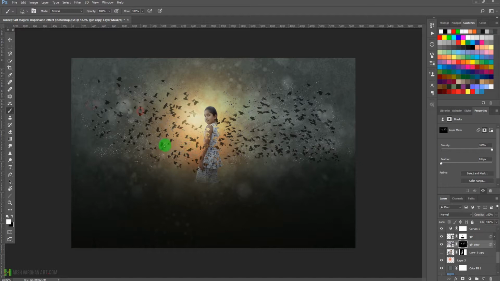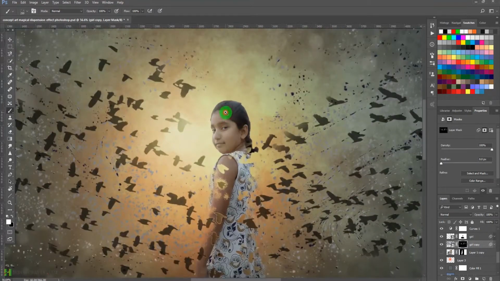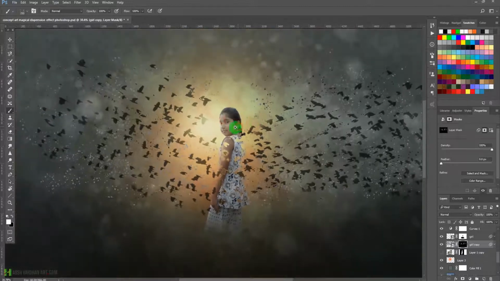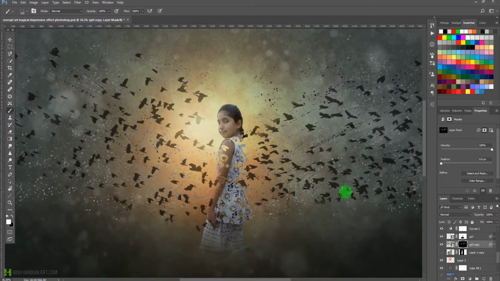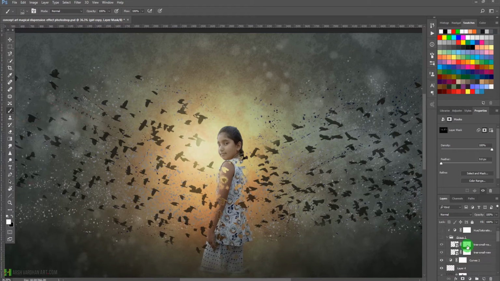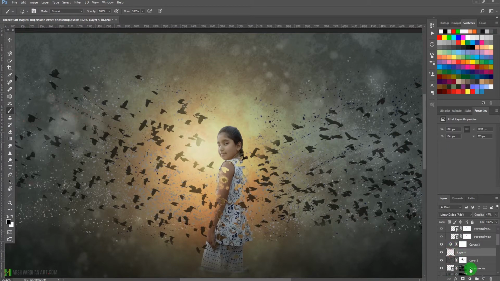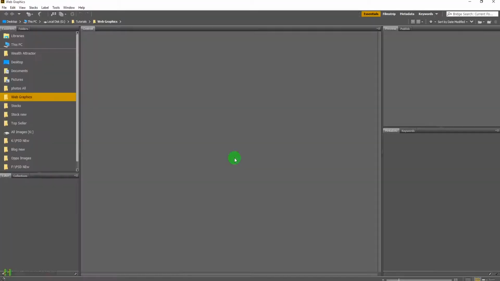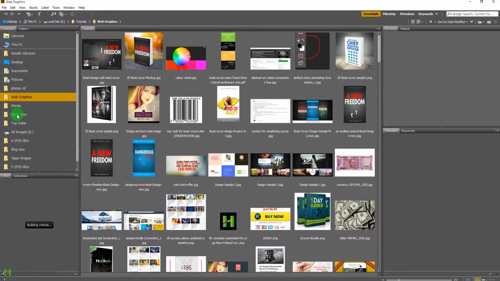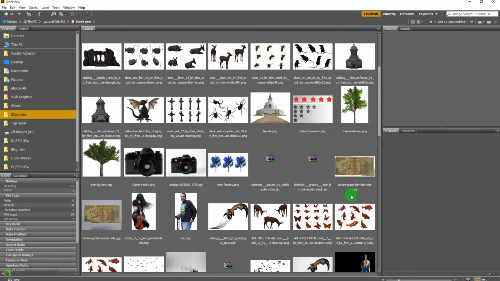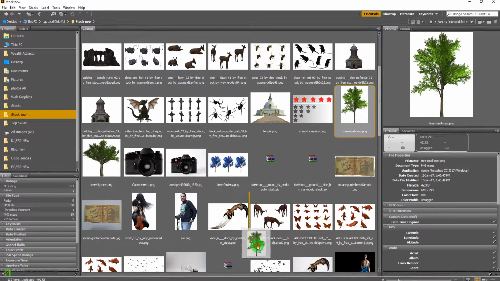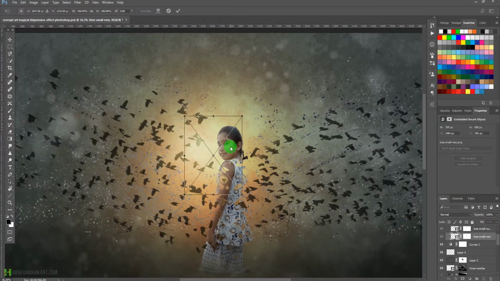Okay, and now you can see that this one is looking much better, and now we are going to add something on her head, so that she looks a little abstract. Okay, so for that purpose I will be coming on the top, and I will bring the tree layers, or some 3D trees which I have created in Photoshop. So these are the trees. So this is the tree. I'm clicking and dragging it over here